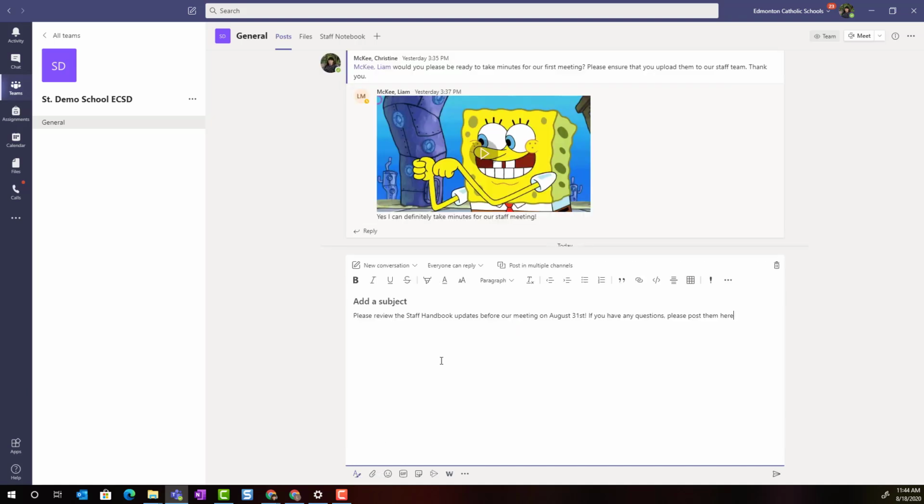When I click on the format text, notice that if I leave it set to new conversation and everyone can reply, I can add a subject. I can also format the text of my post by making it bold, italicized, or underlined. I can highlight, I can increase the size of the text. I can even add in a bulleted or numbered list, or insert live links to websites